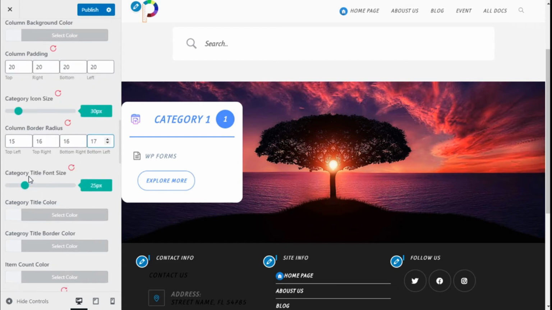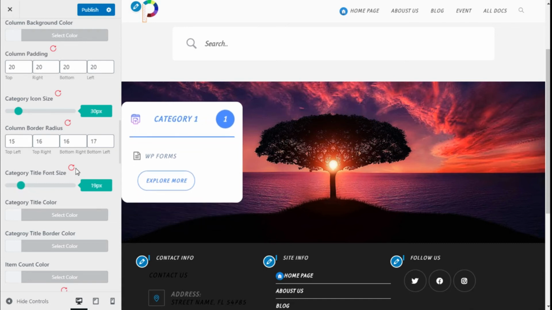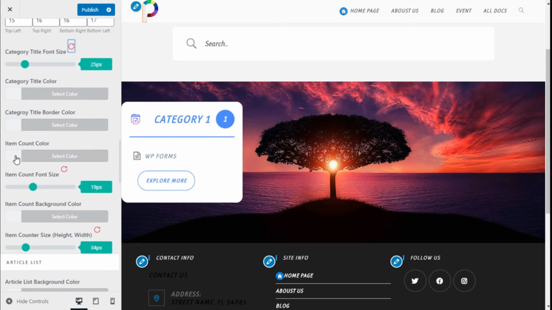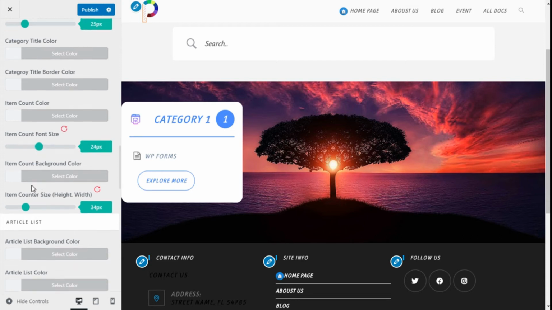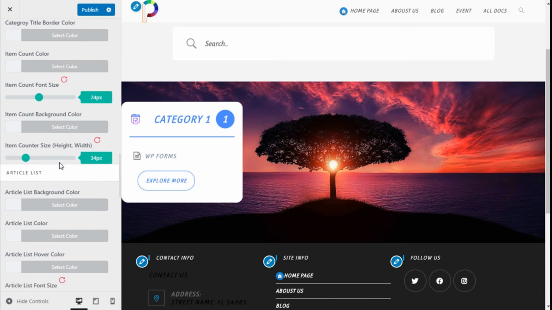And the category title's font size, like this. You're going to leave it by default, because you can change it to whatever you want. And we have the color for the title, the border, the item count, and the item count font size. As you can see, we can change it in the same manner. We can add a background to the item count, and the item count size, weight, height, and width can